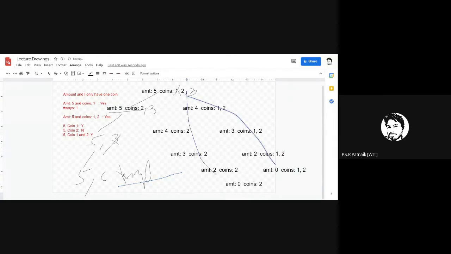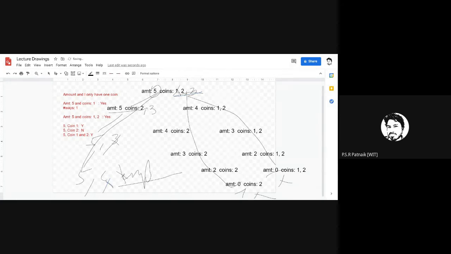We have handled the case where amount becomes negative when the coin given is 1. And this is the third case which you want to handle. What is the third case? You have decided not to use any coins available to you. So this might even be a possibility in this recursion tree. The recursion tree ends with either 0 amount, or amount negative with some coins. And the last point is you have an amount, but you have decided not to use any of the coins. You do not have any coins available. It happens at the extreme left. So you have to handle this case too.